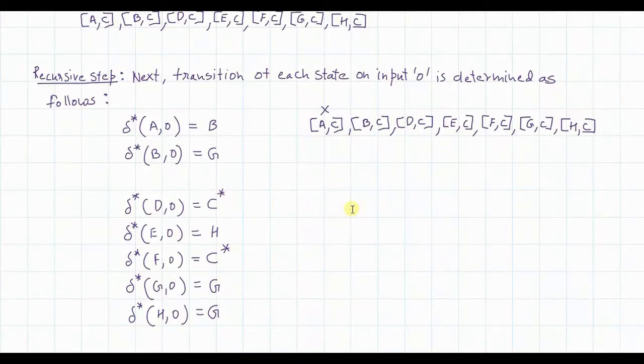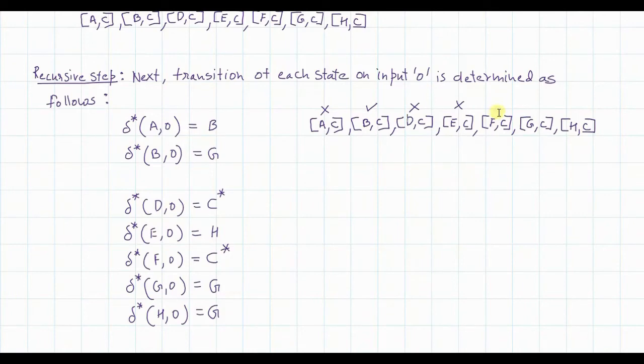Now is B involved on the right hand side? Yes, B is involved. Is C involved on the right hand side? Yes, C is involved. Since both B as well as C are involved, yes, this pair is able to give you another result. Then similarly D and C, is D present here? No, D is not present here. C is present, but this pair D comma C is not fruitful. Again, is E present here? E is not present here, although C is present. That's why this pair is also not fruitful.